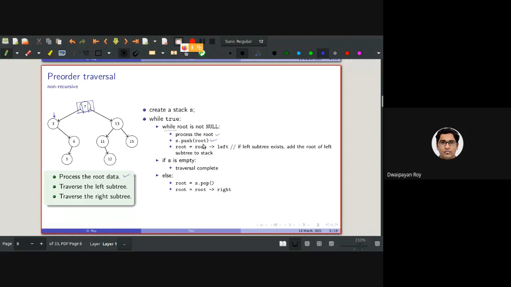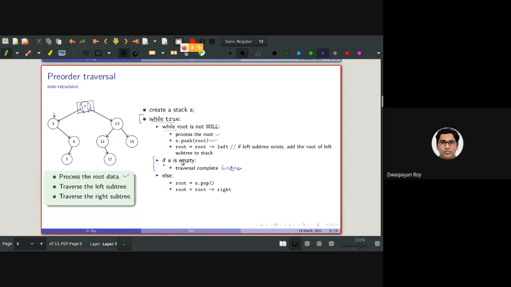That's why we need to push the root data, and then we just need to change the root to point to the left subtree of the whole tree. And this is the condition from which we'll be checking whether the traversal is completed or not. If the traversal is completed, the stack will be empty. And then only, as you can see, this is an infinite loop. So from this statement, we need to impose this forcible break statement, so that after completion, the execution breaks from this outer while loop.